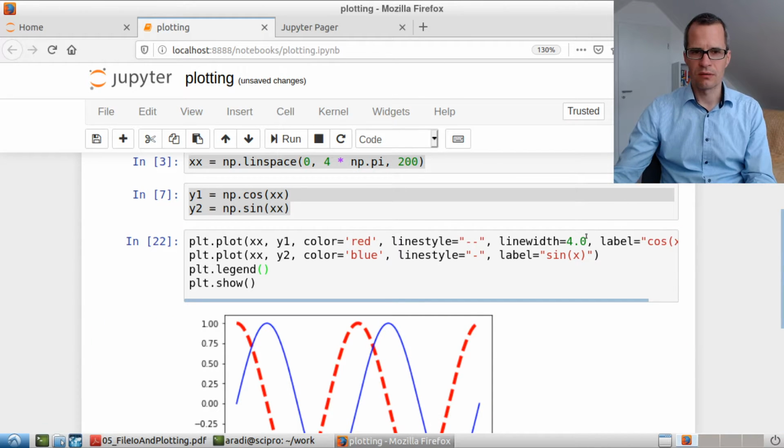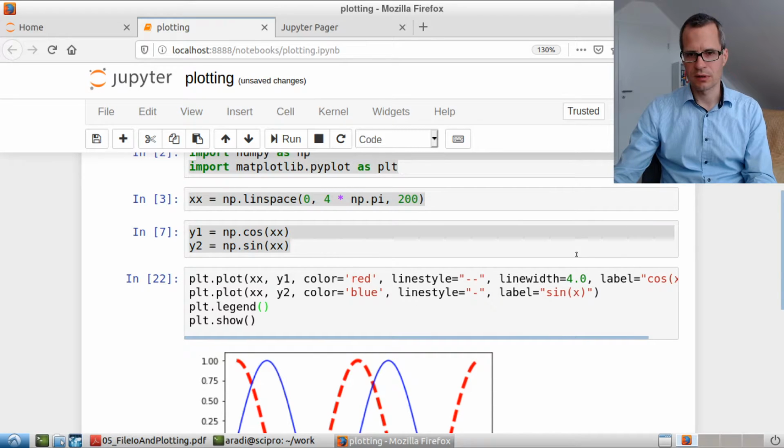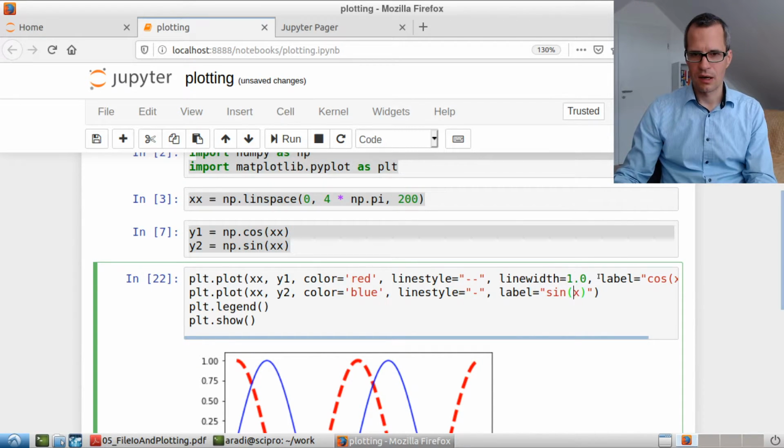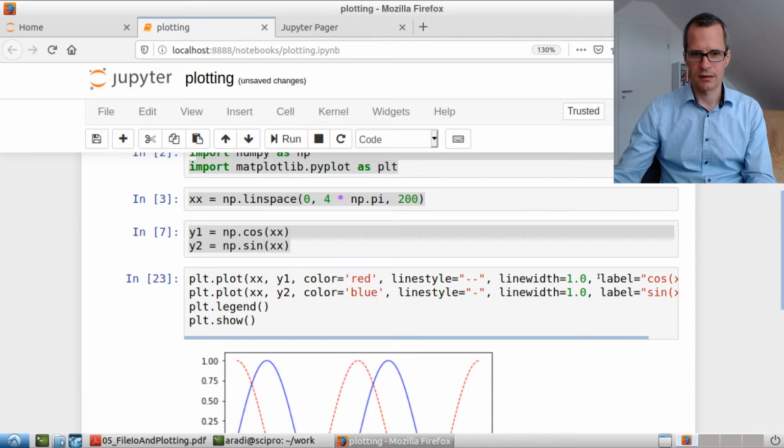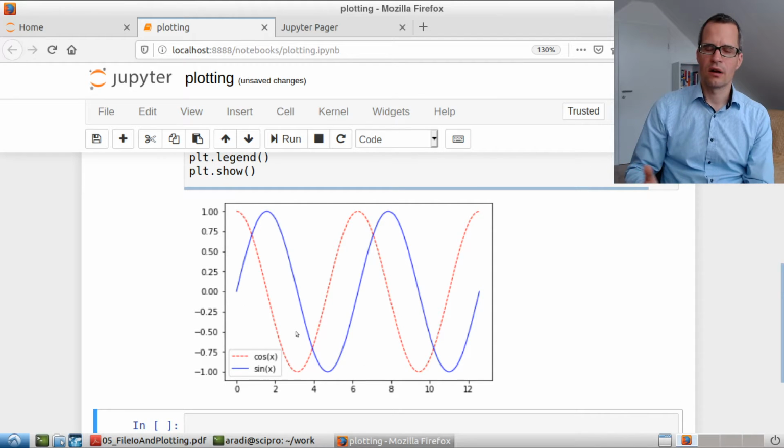And that means create a legend, and now you see it here. It shows that the thick red dashed line is cosine x, while the normal continuous solid blue line is sine x. I will just decrease the line width to a reasonable width, and I set the same here so that we have exactly the same line width for both, and we have these curves. And basically that's it. That already creates this sine and cosine function description, and as I said, we could already